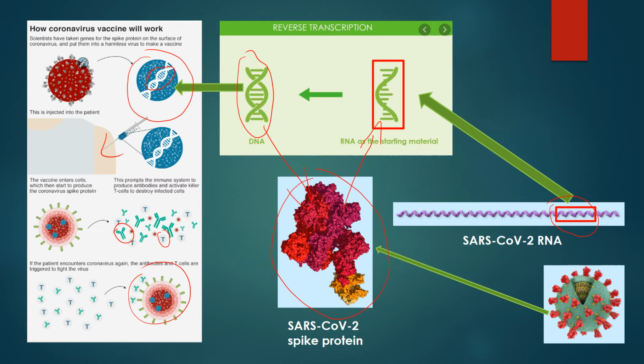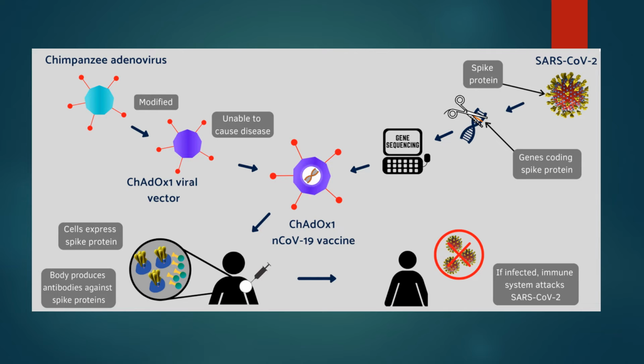So how is it possible that the Oxford group is already in phase 1 and 2 of clinical trials? How is it possible that it took them so little time? The answer is very simple, but before I give you this answer, once again, this schematic